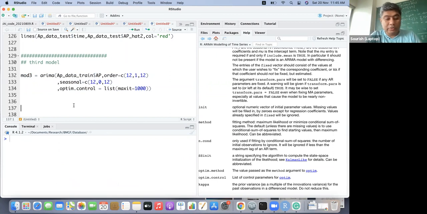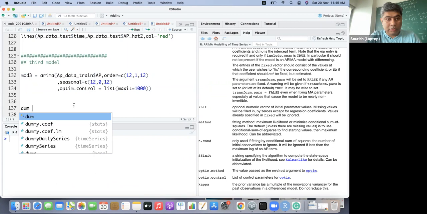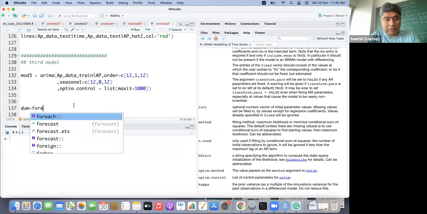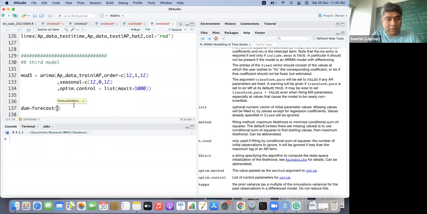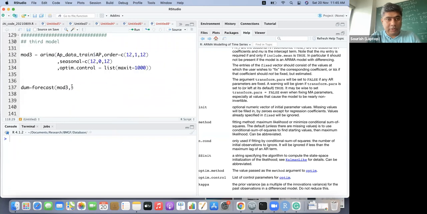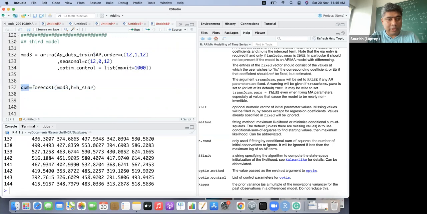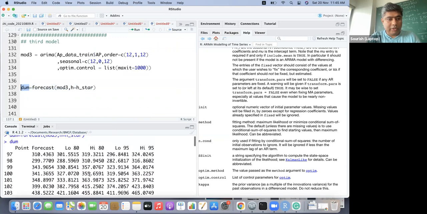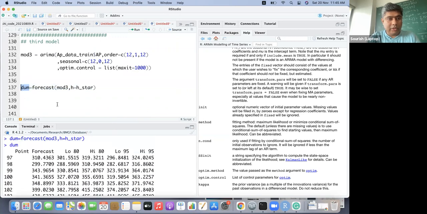If we can use forecast, comma 3, comma, and I think h equal to h star. Yeah, it has done something.